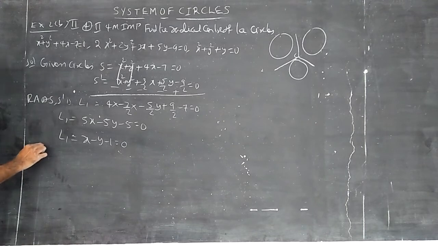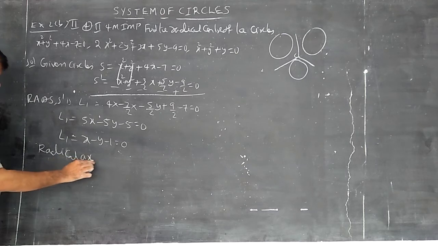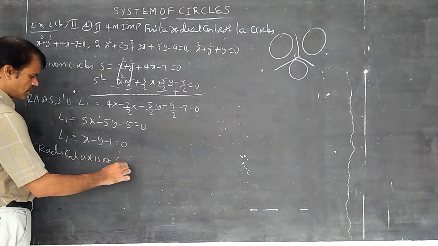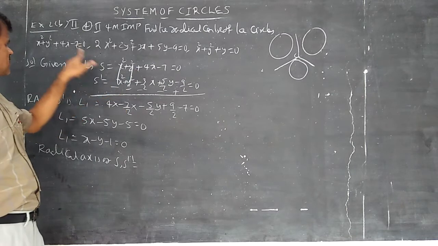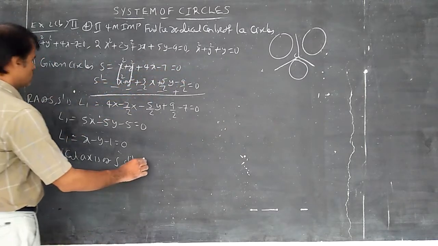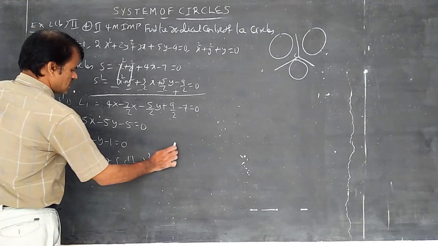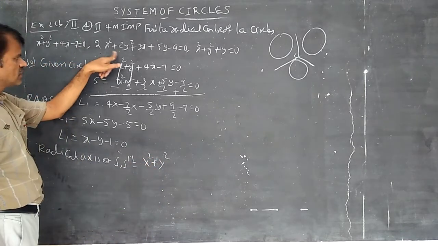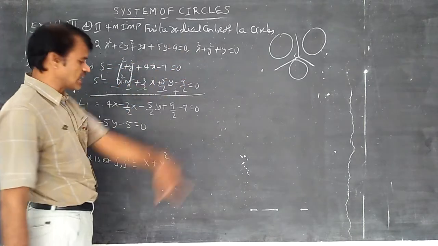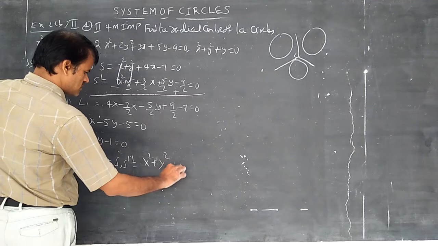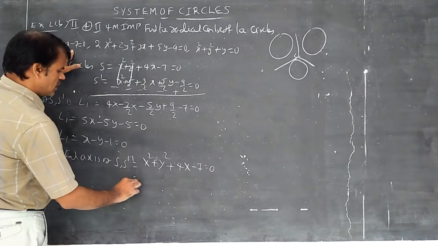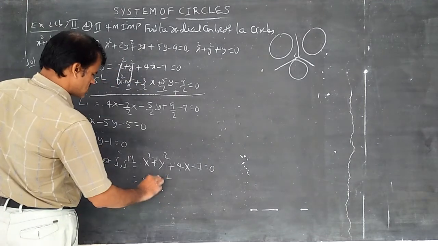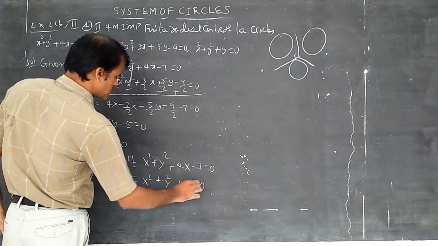Now you can write radical axis of S comma S double dash. Students, we can do S double dash and S also, but no need for standardization here. Simply this minus this we can get. If you do it in this method, S dash minus S double dash, you can also get the answer properly. But this is the better way I am discussing with you. x square plus y square plus 4x minus 7 is equal to 0. And next step, you write the third circle as x square plus y square plus simply y equal to 0.